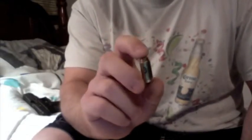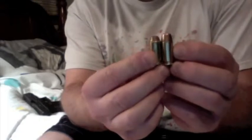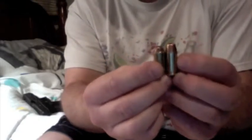They don't notice it because it takes them 3 months to get to this point. But I'm sure if you chamber your round every day and you put it next to a brand new round, there's going to be a difference. There's going to be some kind of difference. It doesn't matter what you say. There's going to be a difference because that's just how they're made. The physics is going to work against you,